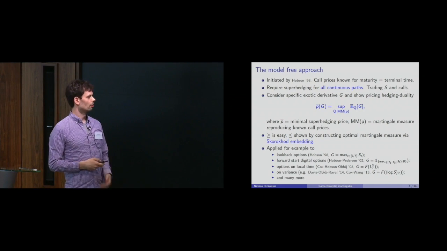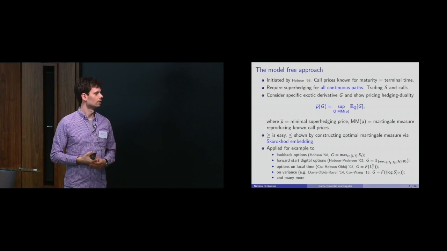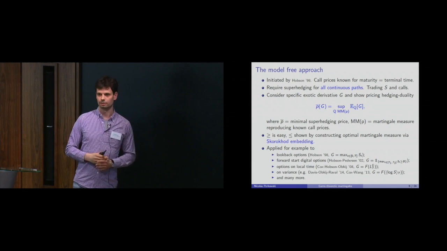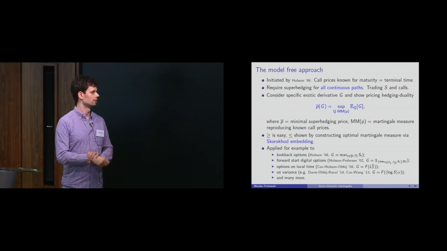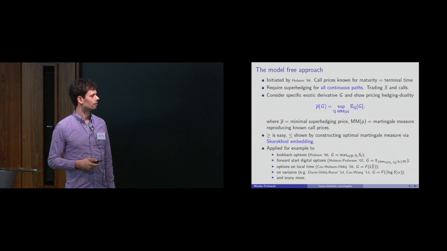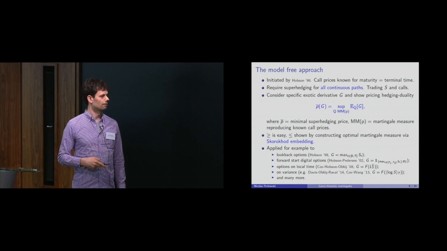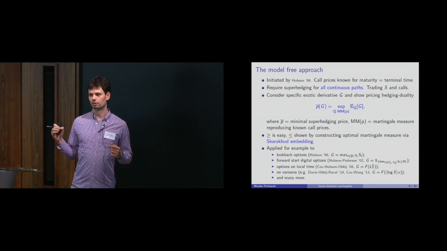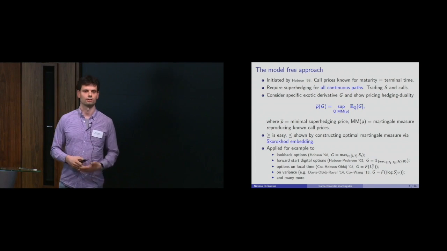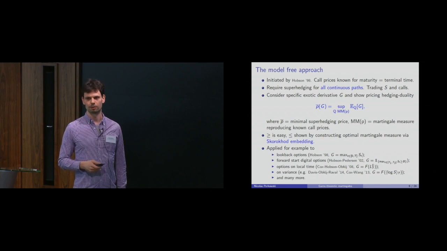Then options on local time in Cox, Hobson, Obloj. I don't know if options on local time are traded or not, but okay, so the theory works on that as well. And then there's lots of works on different options on variance. I'm just listing two here, but there are really many, many papers on that. So Davis, Obloj, Raval, and Cox, Wang, where, yeah, so the F is of this form. It's some function of the integrated volatility of the log price. Okay, so of the quadratic variation of the logarithm. And then there's a bunch of other papers where they do the same approach.